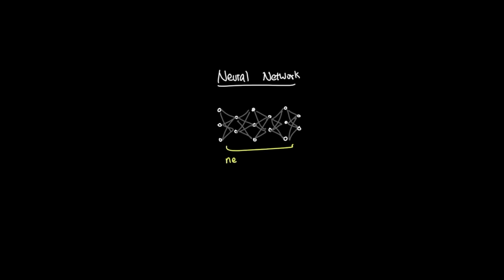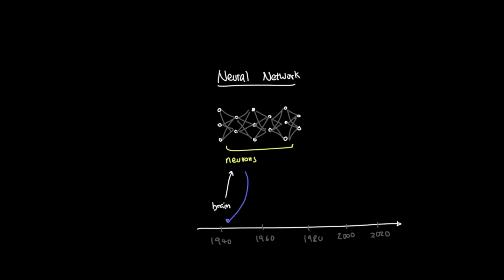These units are often called neurons because the idea was loosely inspired by the brain. The point is simply that many small connected units can work together to learn complex patterns. The idea goes back decades. Researchers were already trying to model simple artificial neurons in the 1940s, and by the 1980s, backpropagation became a practical way to train networks with multiple layers. Neural networks feel modern today because data, compute, and training methods finally caught up.